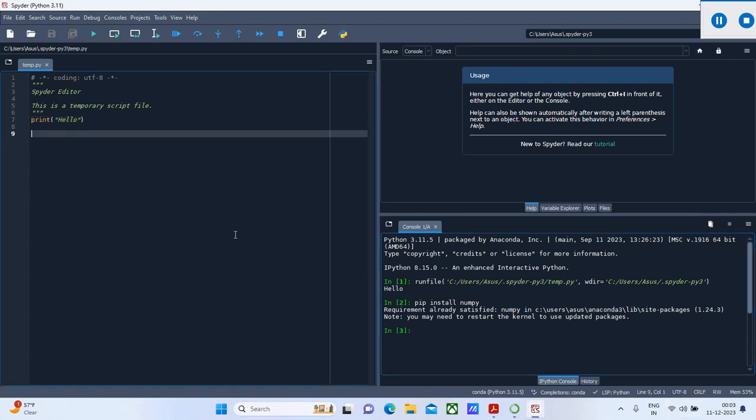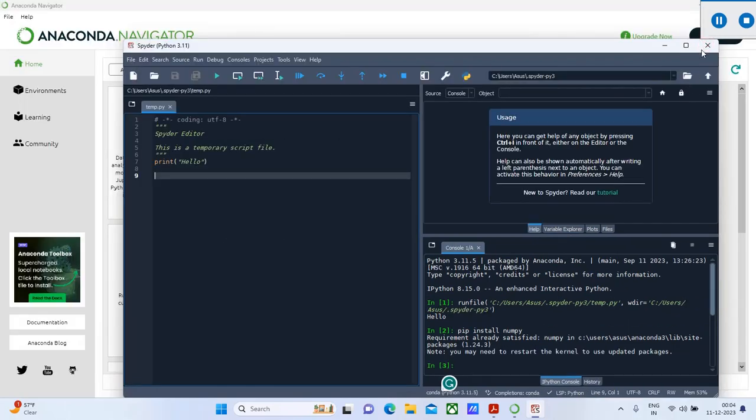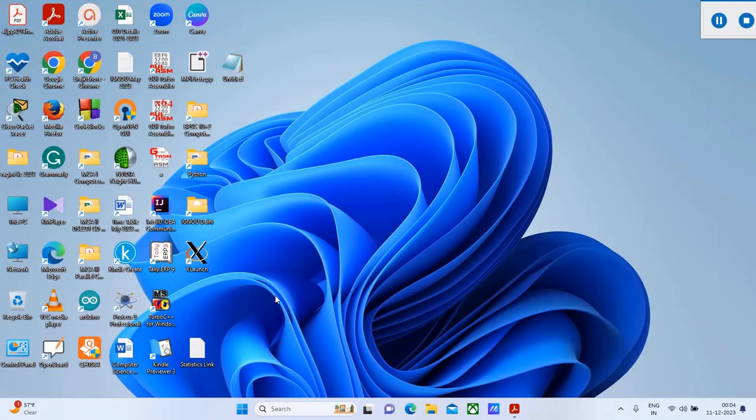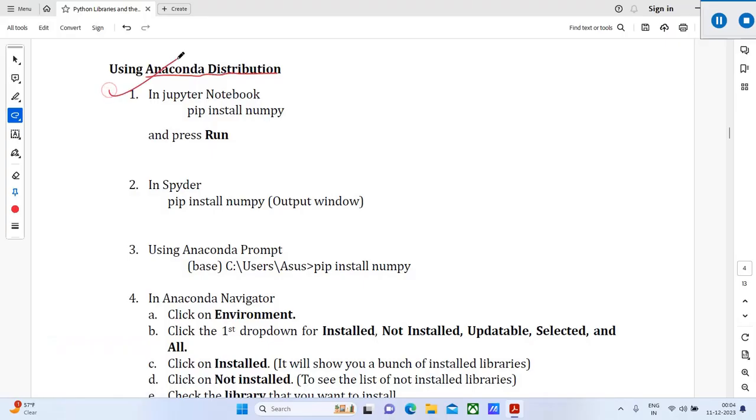So this is a way to install the Python library in Spyder. There is another way to install the Python library. The next method is, we have seen in Jupyter Notebook how we will install the library. In Spyder we have just seen, and the next method is using the Anaconda Prompt to